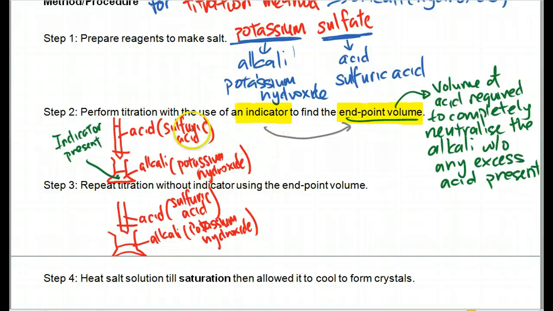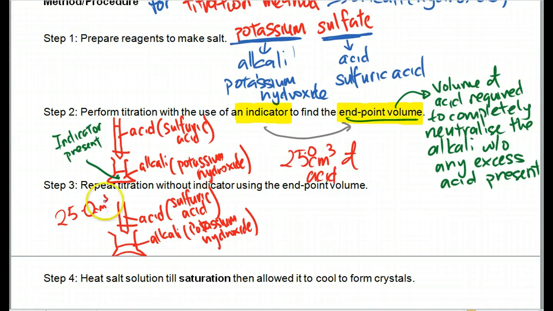Let's say at step 2, we realize maybe 25 cm cube is needed. 25 cm cube of acid. To be exact, it is 25.0 cm cube of acid. In this case, we'll just use 25.0. No more, no less. I will just put 25.0 in here. Just make sure 25.0 cm cube of acid goes to the alkali. Once we reach that,